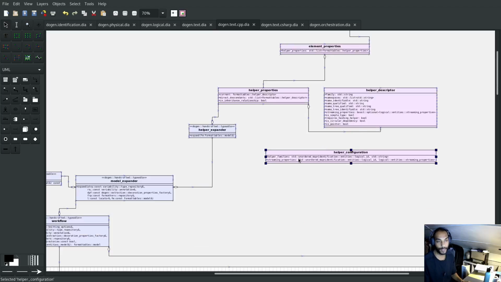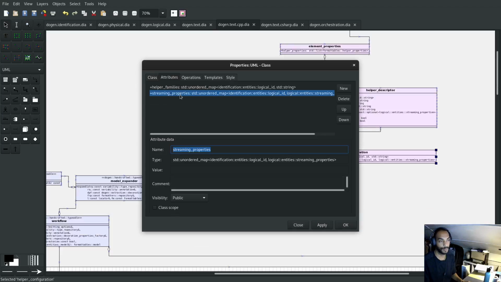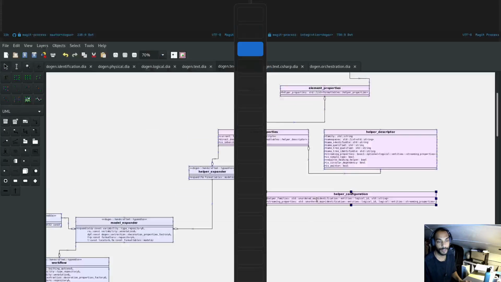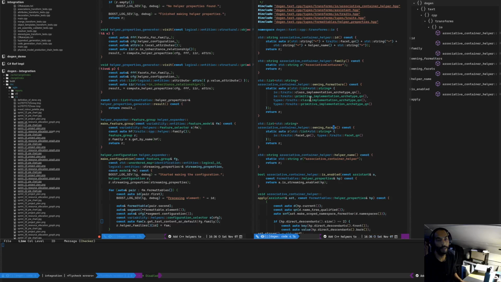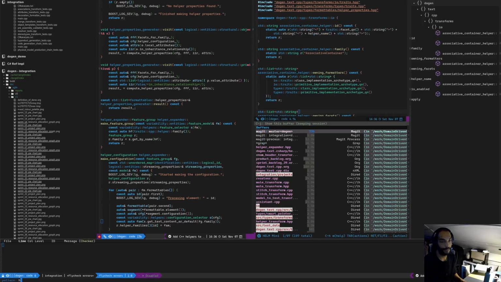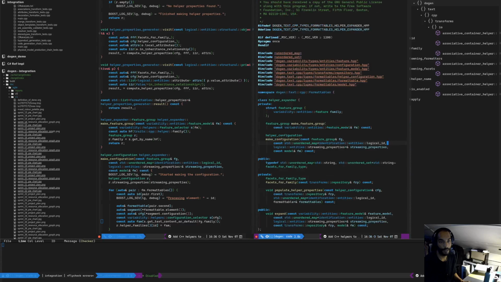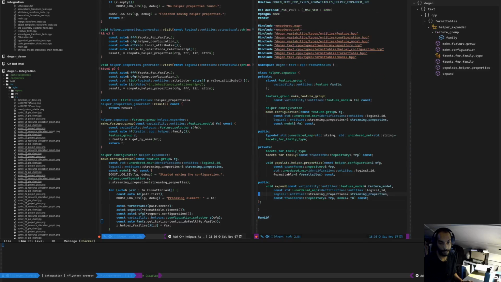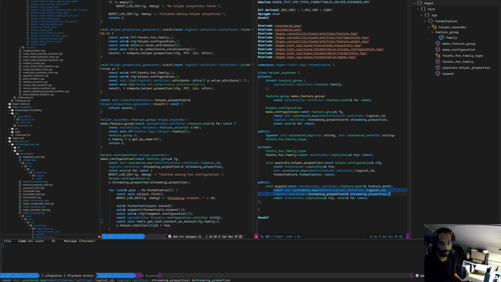So let's just start with that actually. So I'm going to delete the streaming properties here. In fact, I'm not actually going to delete it first. I'm going to go to the helper expander, and you should see that there's streaming properties just here. And where we're supplying the configuration,